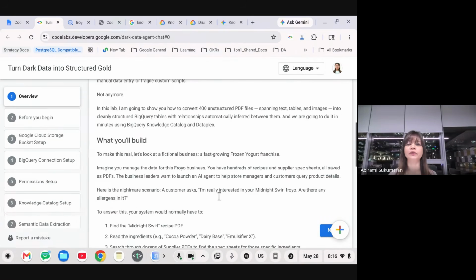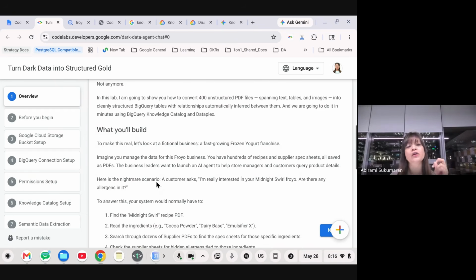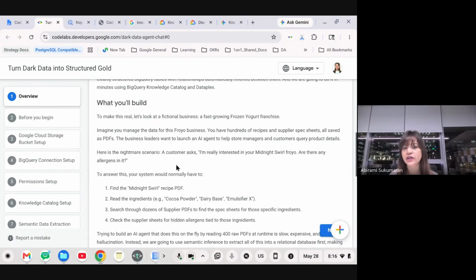So what are we going to build? To make this practical, we're going to take a fictional business, a fast-growing frozen yogurt franchise. It's a Froyo demo. We're going to use that as a use case. So imagine that you manage the data for this Froyo business.